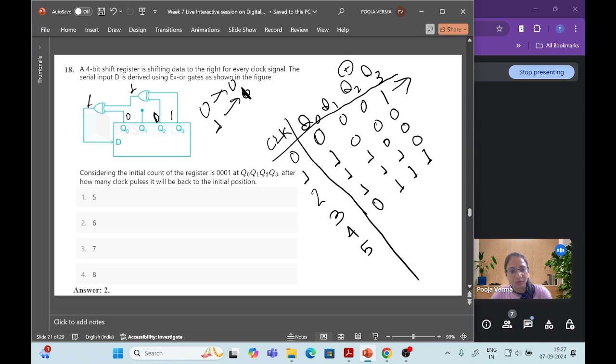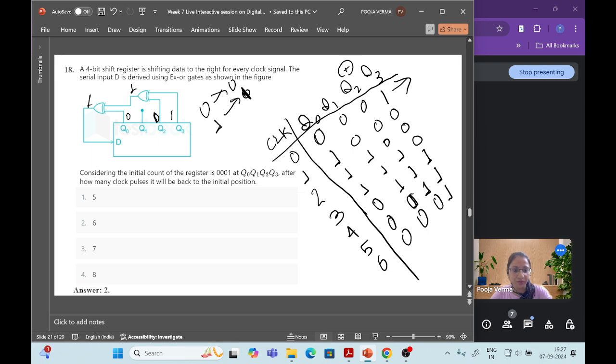So 0, 0, 1, 1. Now again XOR Q2 and Q3, that is 1, 1, 0, and if we XOR again with Q0, again it will be 0. So 0, 0,